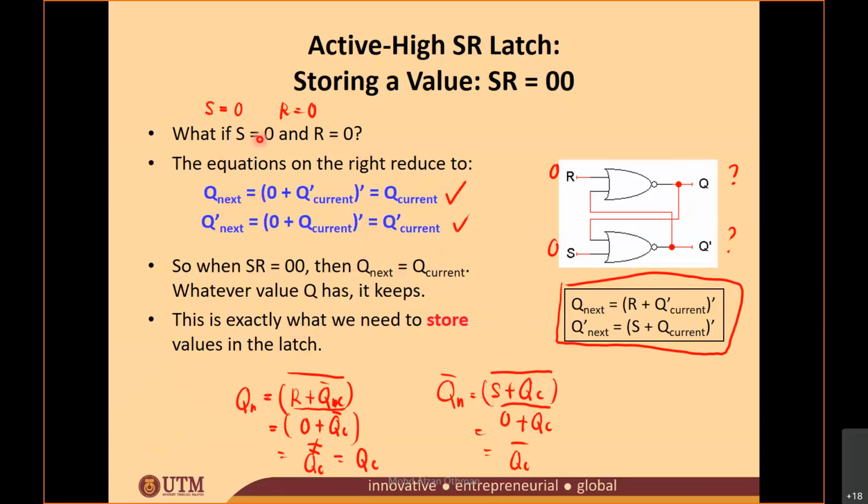So every time you put 0, 0 to your S and R input, you know that you're going to store that value. You're going to do data storing. Kenapa data storing? Sebabnya Q next sama dengan Q current. Kamu punya Q tidak berubah. This is for the S0 and R0. And then we are going to see